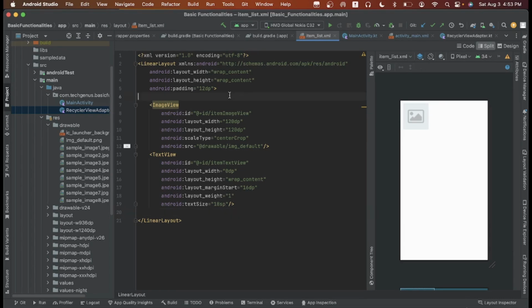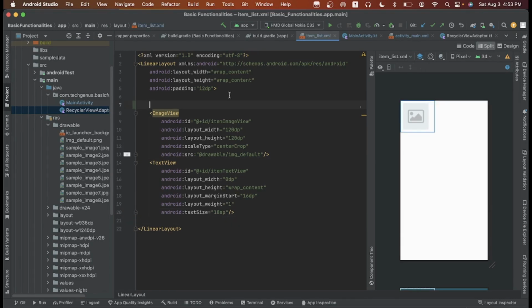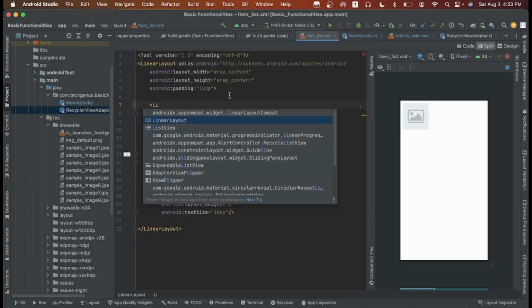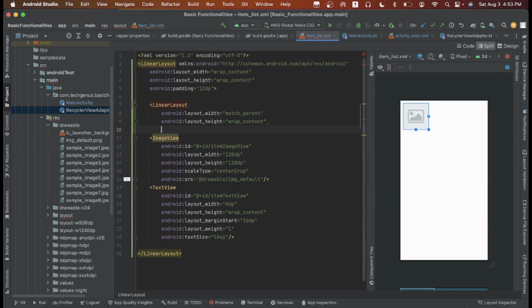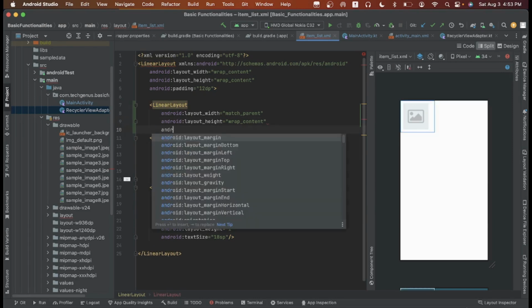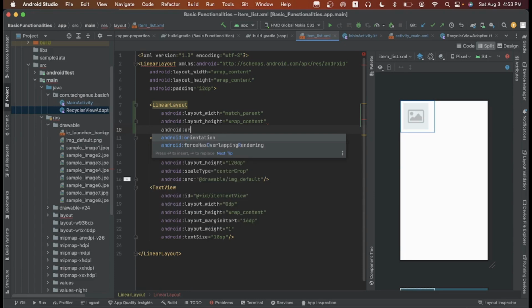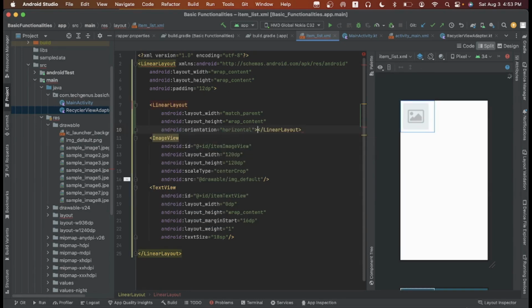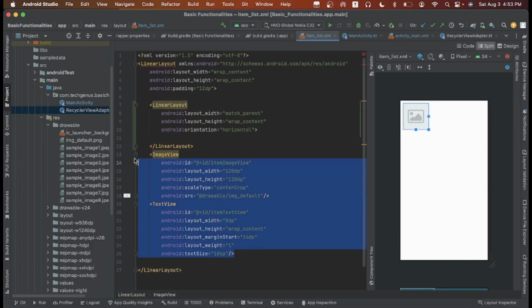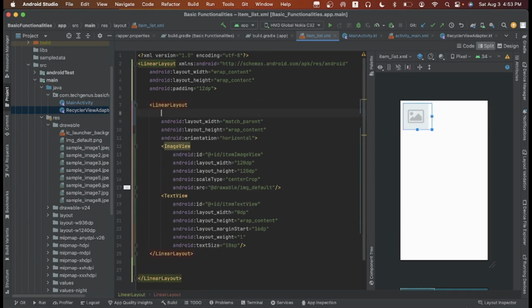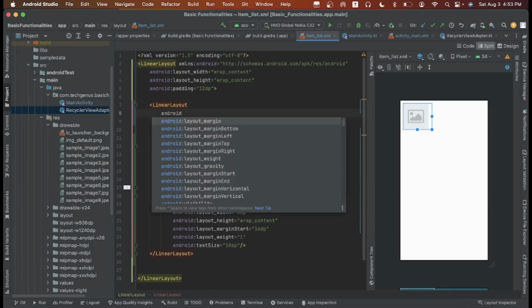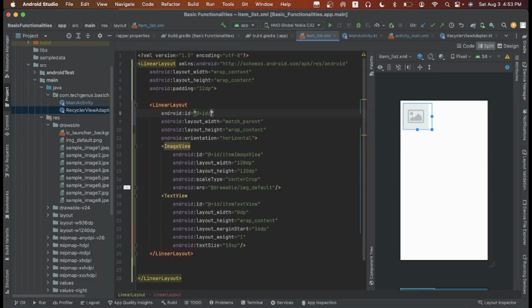For now, let's create a menu linear layout, match parent, wrap content, and android orientation horizontal. Then let's cut this and paste it. Let's declare the ID for this layout: container.